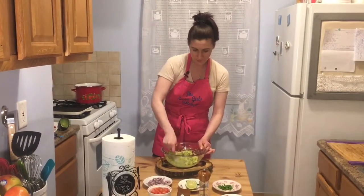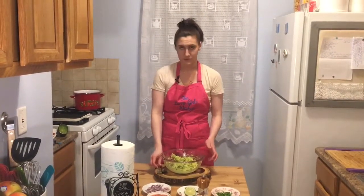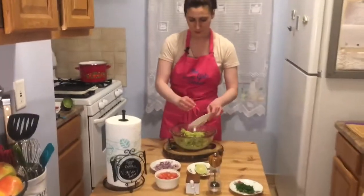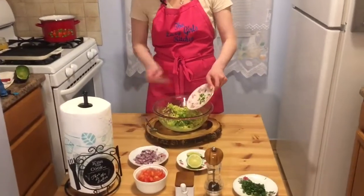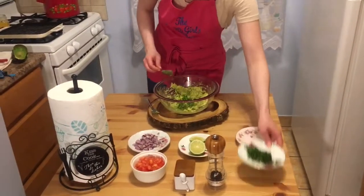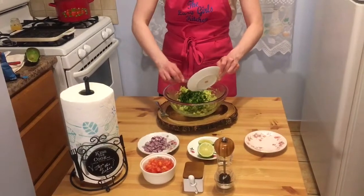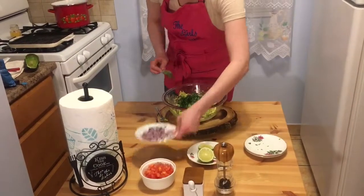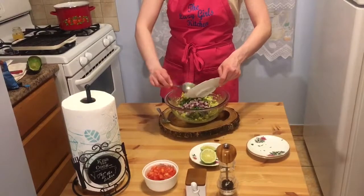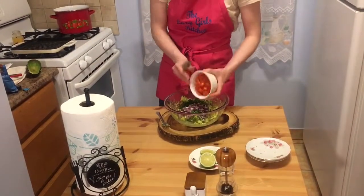All right, so this looks pretty good for me. So what I'm gonna do now is, this really couldn't be any easier. You're just gonna dump everything in here. So you're gonna add your jalapeno, which I'm not gonna touch with my hand because I'm infamous for touching my eye after. Your red onion, of course your tomato,